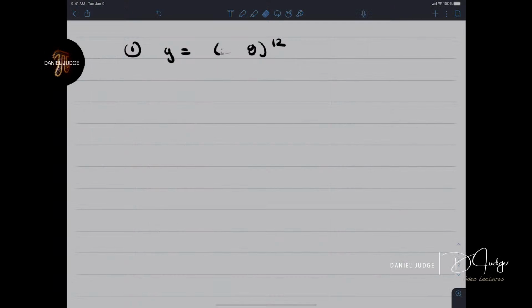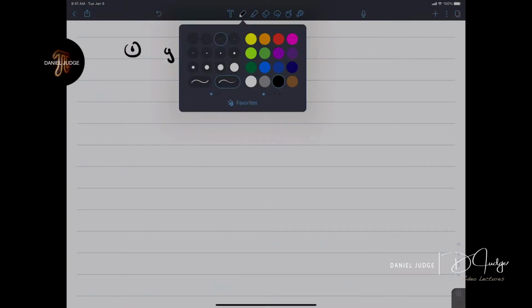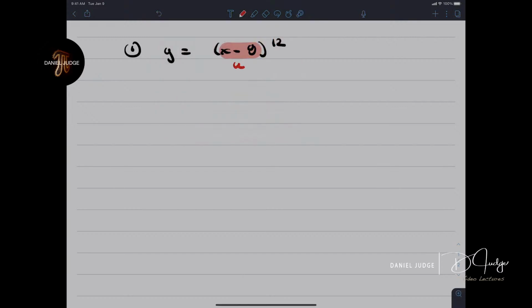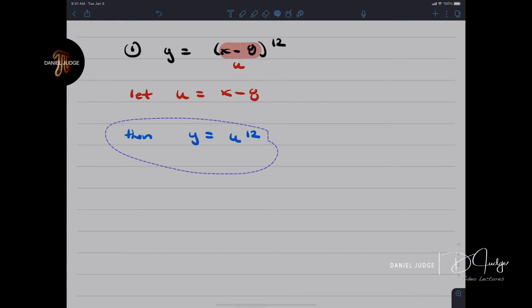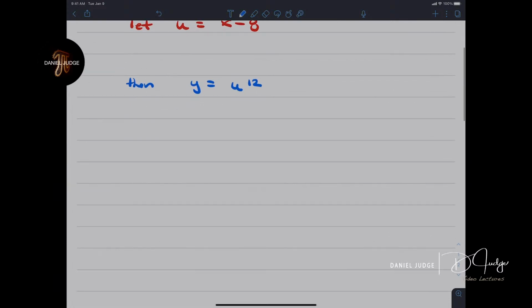Okay, so remember how we started this process. We have our u here. So we let u be the inside function, inside the parentheses, x minus 8. Then that means y is u to the 12th power. So let's move this down here. Now the chain rule portion